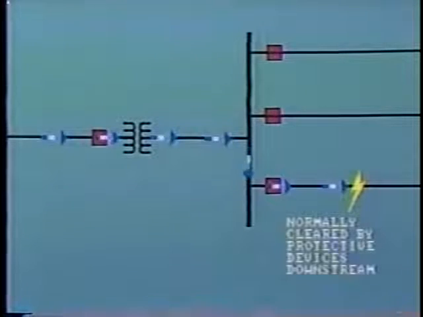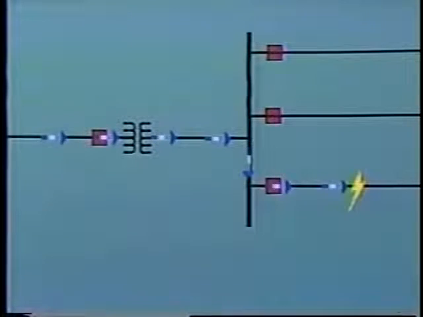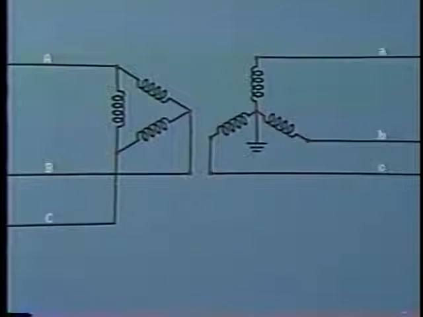Through faults would normally be cleared by other protective devices downstream. However, if the fault fails to clear, this could place a severe overload on the transformer. Heavy fault current flowing in the secondary winding will produce a corresponding relatively heavy current flow through the primary. For example, let's look at this delta primary Y secondary transformer. If a 3-phase short circuit occurs downstream of the secondary, heavy fault current will flow through all 3 phases of